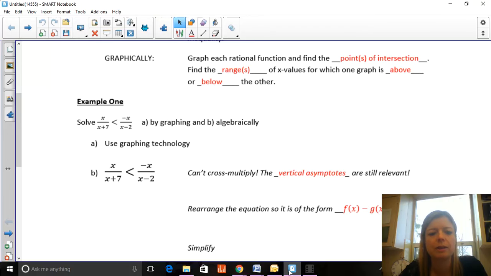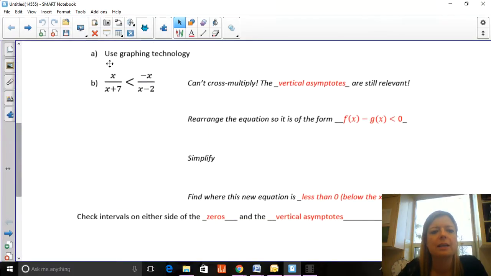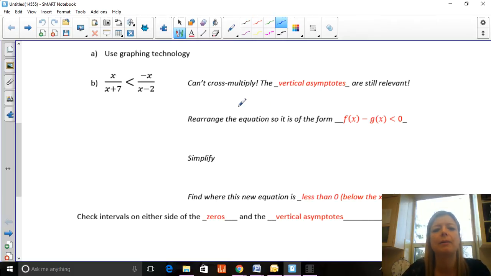Now let's do it algebraically. As I said at the beginning, we cannot cross multiply. It really stinks, but we can't do it because the vertical asymptotes are still relevant. If we cross multiply, it gets rid of the fact that there are vertical asymptotes because it puts them up in the numerator. With just solving the points of intersection, that didn't matter, but for finding intervals of greater than or less than, it does matter. So what we need to do is put this guy over to this side,